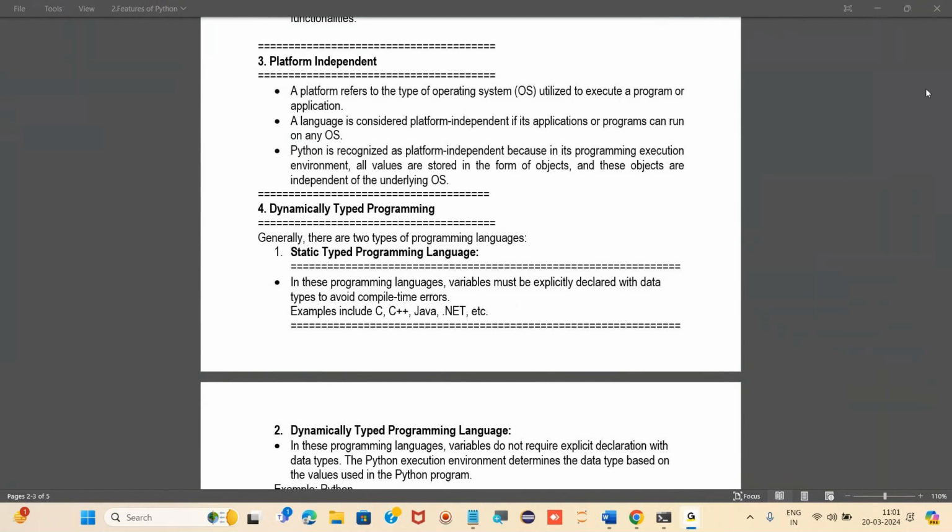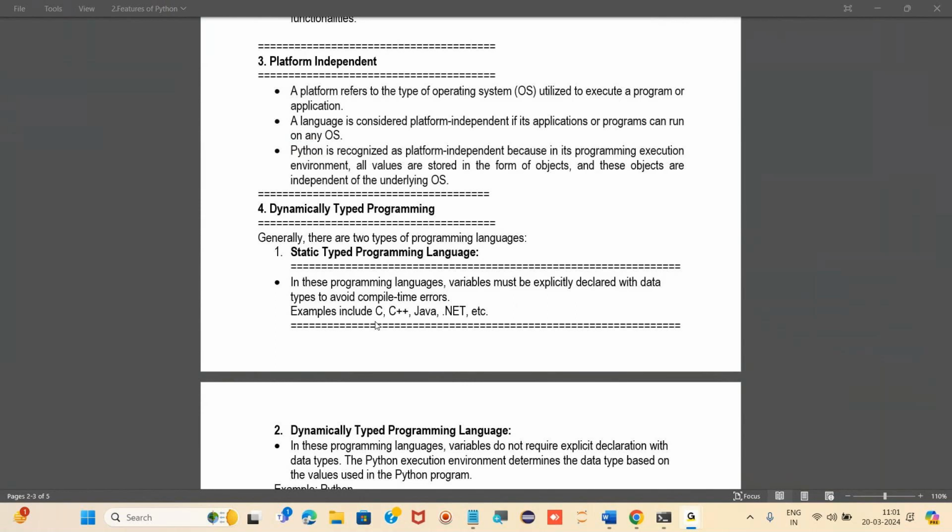Fine. So, static type. This is an interview question. You should know about this. What is a dynamically typed language? Why are we calling Python a dynamically typed language? And why is the other language called a static typed language? Because of two reasons. One is, in static type, before initializing any value to the variable, we have to write its data type, what type of data we are using, right?